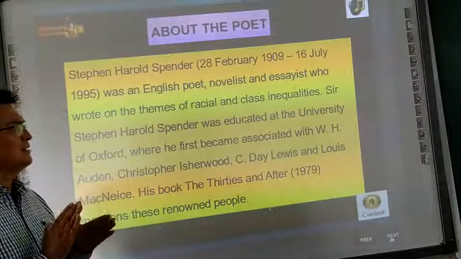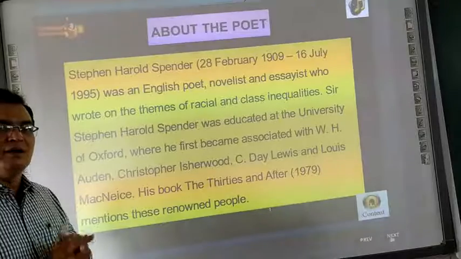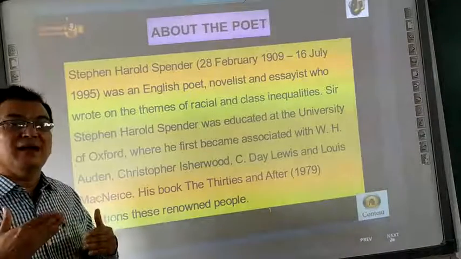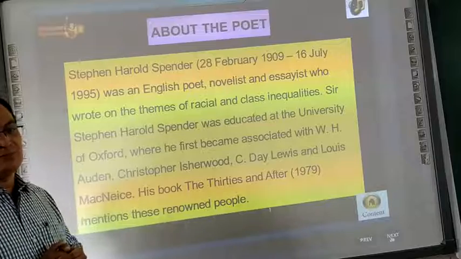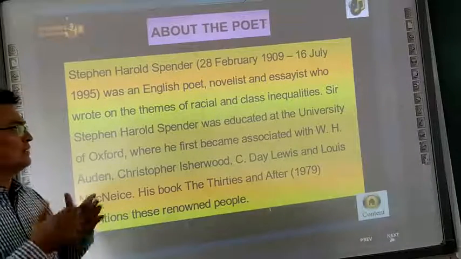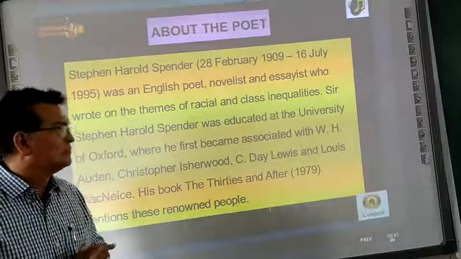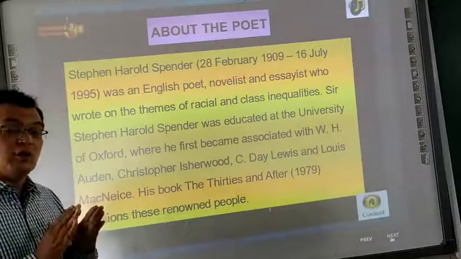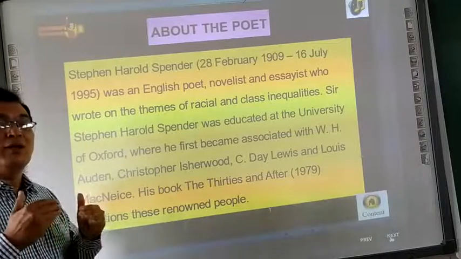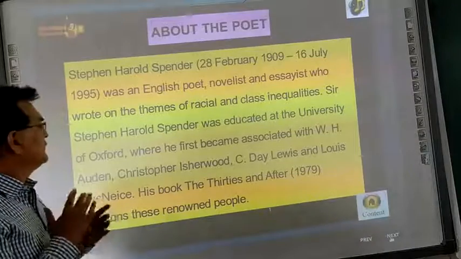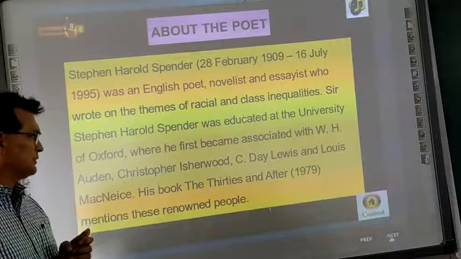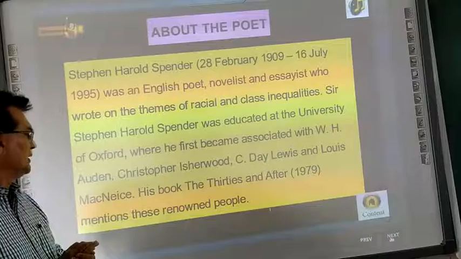And what does racial inequality mean? Racial, different races, black and white. So there was a problem between black and white, those racial inequalities of black, brown and white. Stephen Harold Spender was educated at the University of Oxford, where he first became associated with